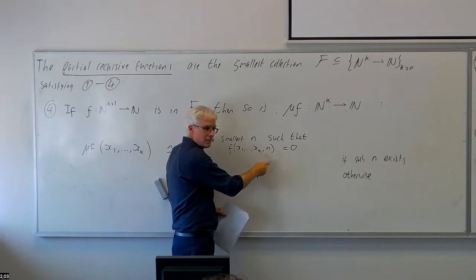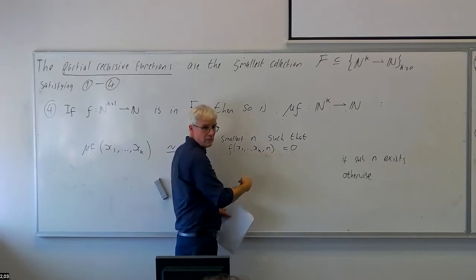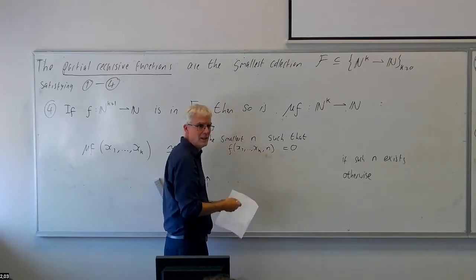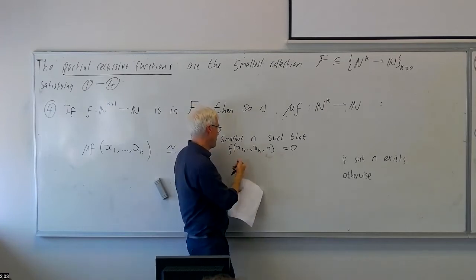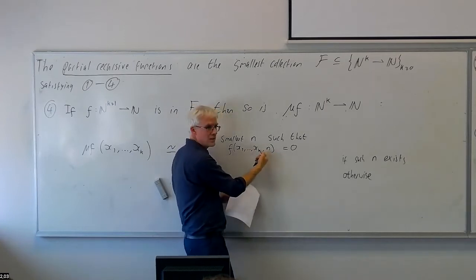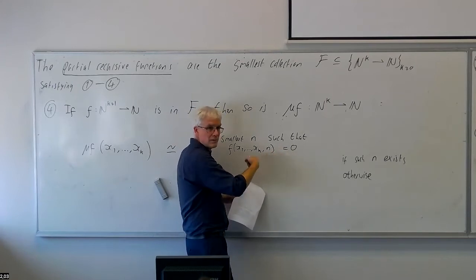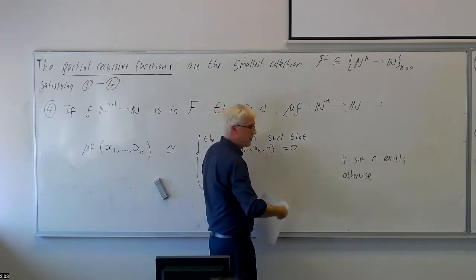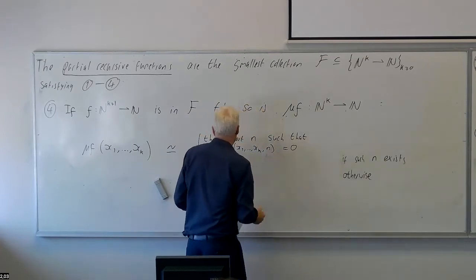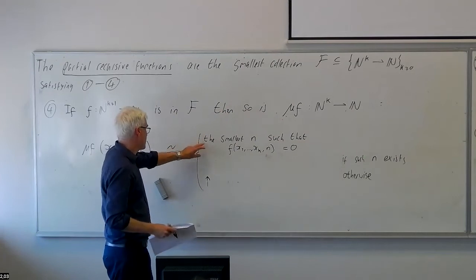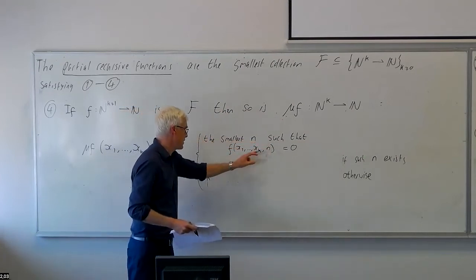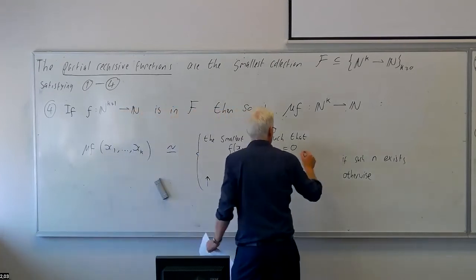So basically, if f is defined and is non-zero on all strictly lower n, that's okay, because then we can certainly find the value for f applied to 0 as its last argument, for f applied to 1 as its last argument, all the way up to n minus 1. We've seen those values, they're not 0. We know to go on to the next value, and then in the end, we find the value for which it's 0. So the actual requirement is we return the smallest n such that this holds, and